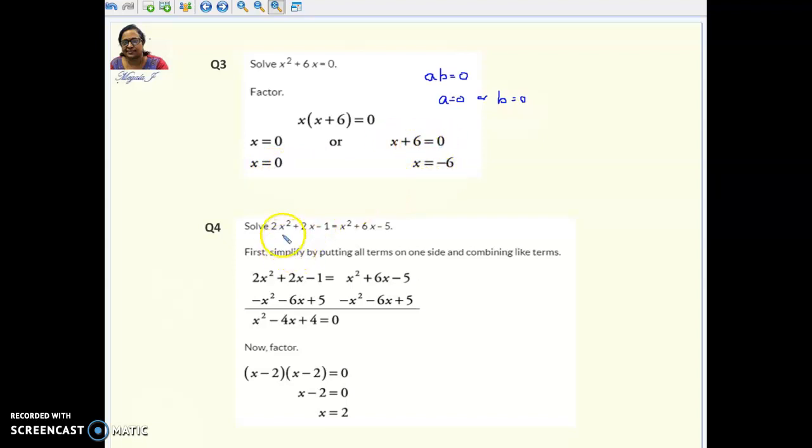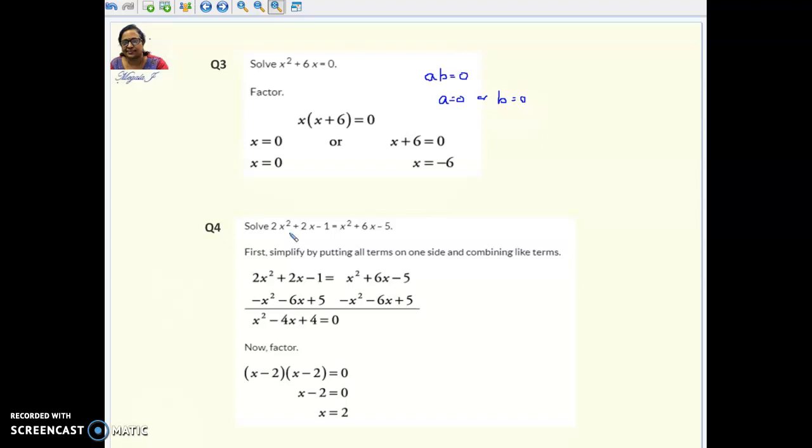Okay, let's see the fourth problem. You can see, wow, this is a little big and it seems slightly different. Of course it seems different, but it is not that different. Mostly when you see a problem that looks complicated and try to look into it, you will see that it is not that complicated. Here the maximum power of any of these variables is 2. Therefore, this is a quadratic equation, though the number of terms is more. As the maximum power is 2, you can combine these like terms and try to reduce this to x squared plus bx plus c in the same manner.